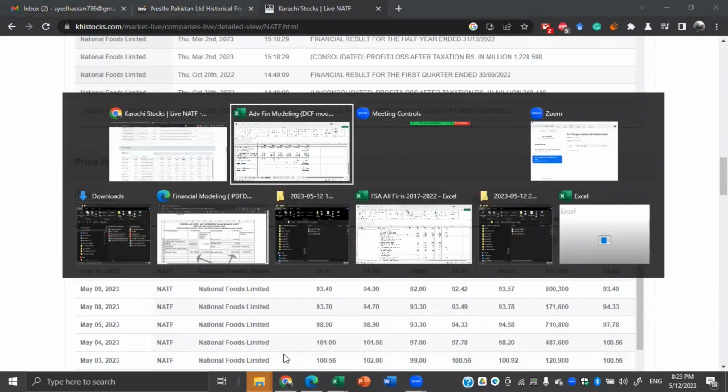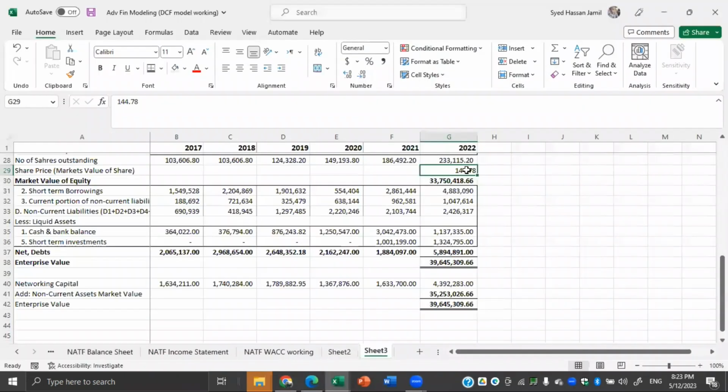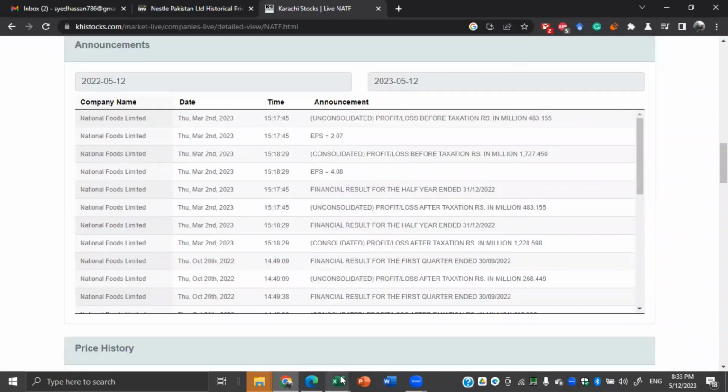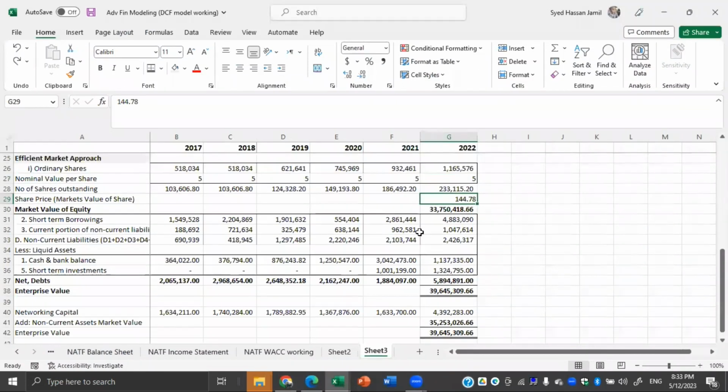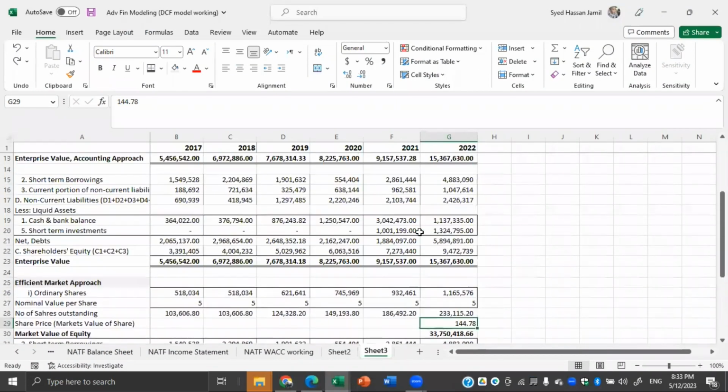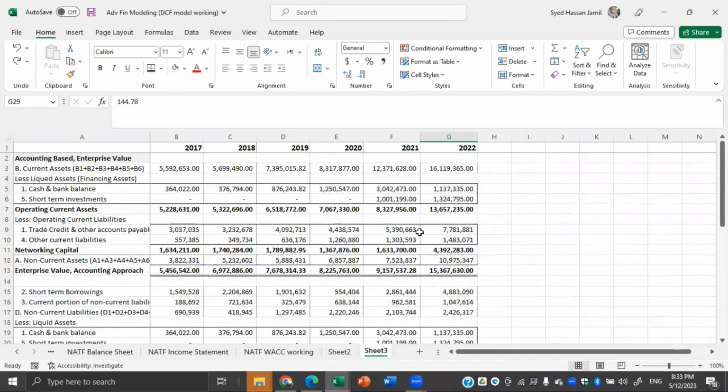So I can use this 94.02 right here, and you can see that the enterprise value has dropped. With Control Z it was 39 million, and now with Control Y it is actually 27 million. So anyway, today we have recomputed the enterprise value based on the accounting approach and the enterprise value